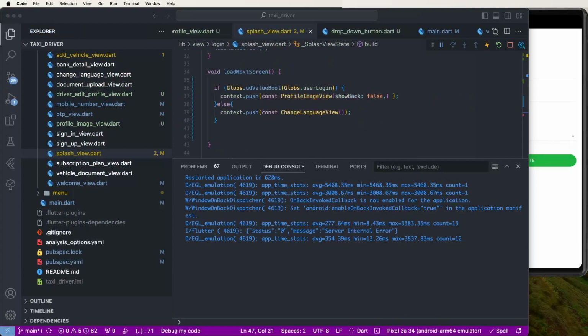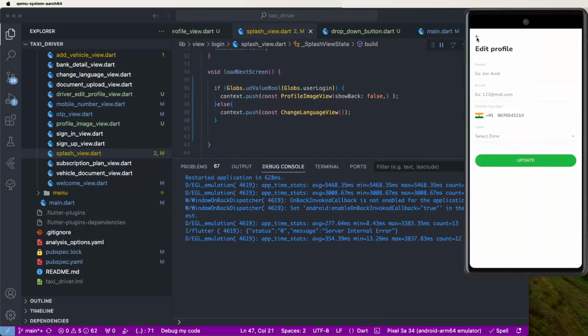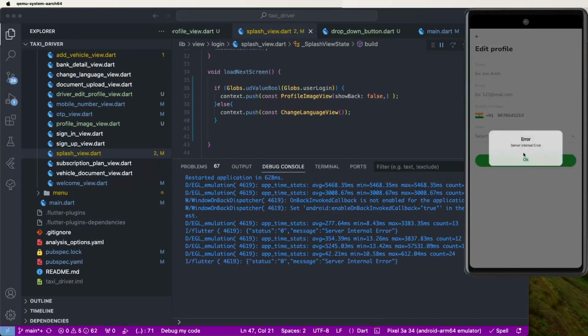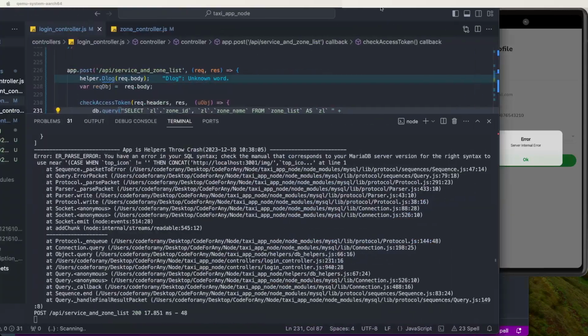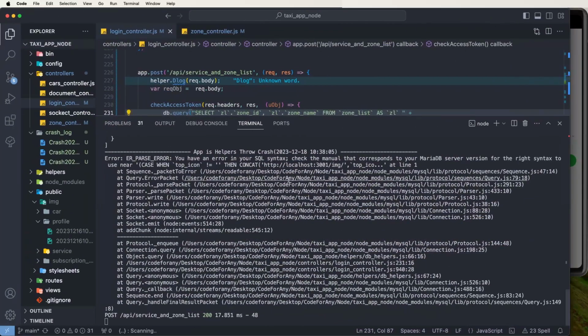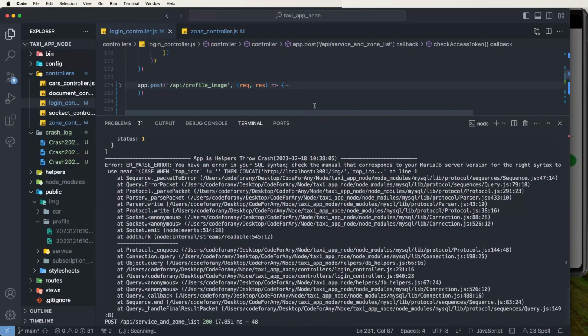Start this Node.js back, hence need to errors. Like this need to fix this here